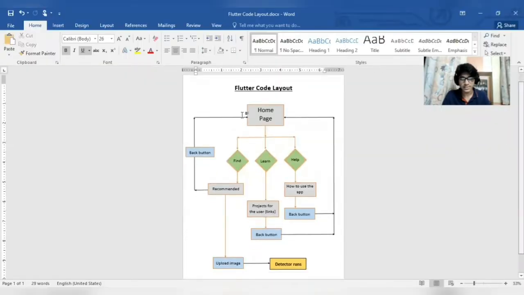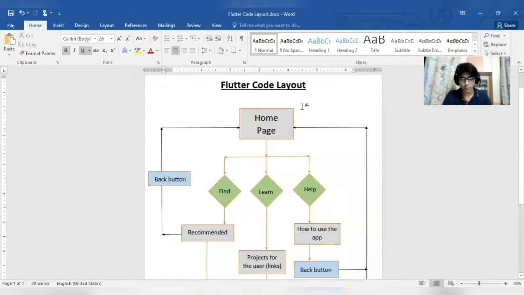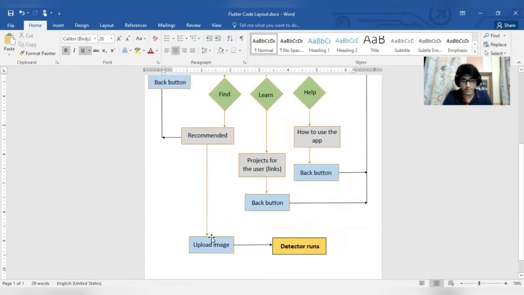Now, as you can see, this is the Flutter code layout. It contains all the functionalities and the different ways on how the code works. Basically, there is the main homepage, and then it contains three buttons: Find, Learn, and Help. After going to Find, a recommended page opens, and if you choose to upload the image, the detector runs. In the detector, you can either choose from our image gallery or upload a photo from your device,